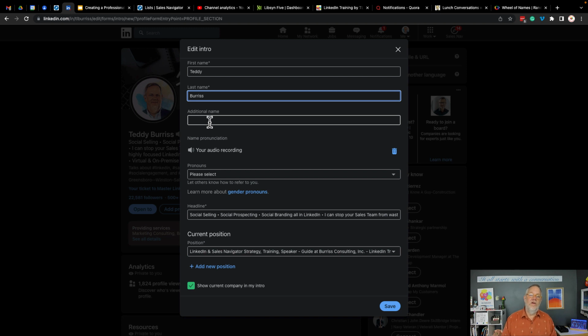The other field is additional name. This might be a maiden name. It might be a previous married name. It might be a nickname. The only reason I would use additional name is if the people I do business with know me with that name. They know me from my maiden name. They know me from my previous married name.